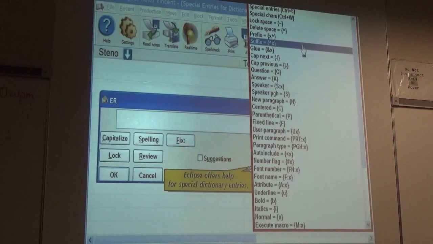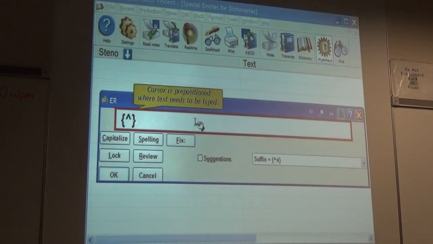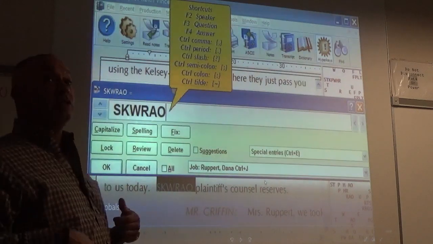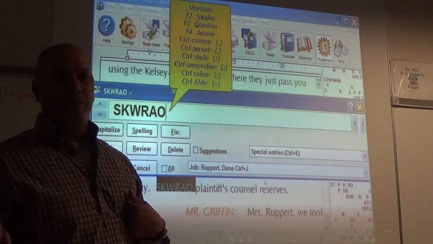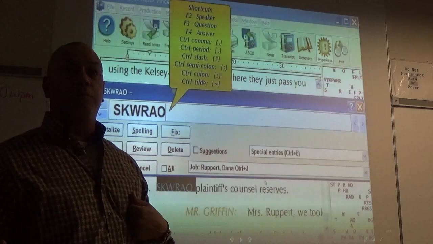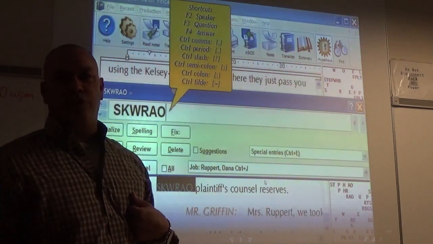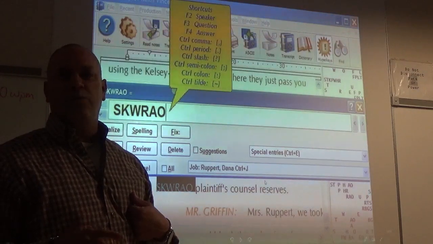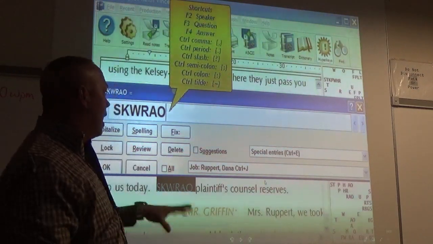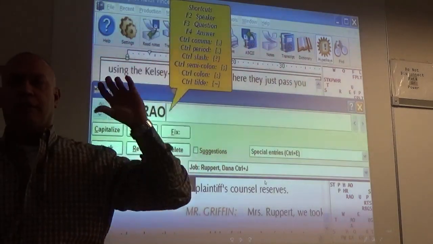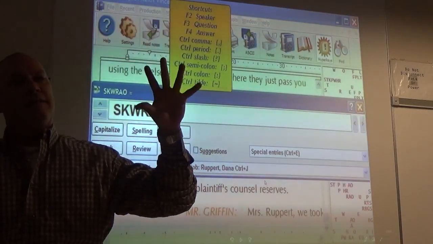As in the case of a suffix, your cursor is automatically positioned at the spot where you need to type text. While globaling, you can use shortcuts. Now this is one of the speaker identifications that they use. I don't use these, but I'm going to show them to you. When we get to the advanced, I'm going to show you these, because really there's only two. Well, there's four. But this is one of them, is Jude. So one of them is snoo, and really